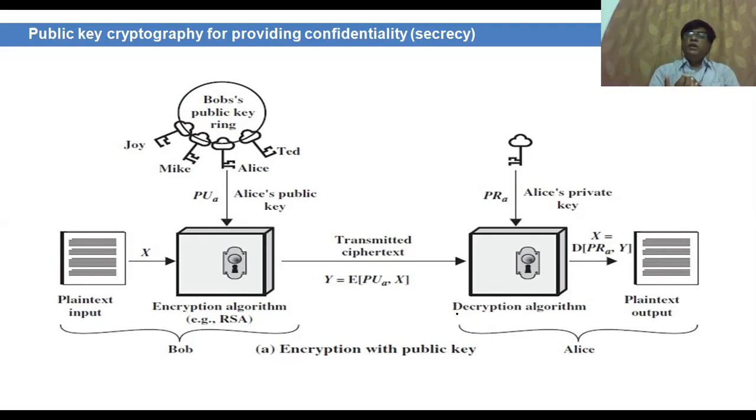Alice's private key is known only to Alice. That's why it is called Alice's private key: the information of that key value is known by Alice only. That's why it is private to her. So the ciphertext which is encrypted using Alice's public key can only be decrypted using Alice's private key. That's why it is more secure.